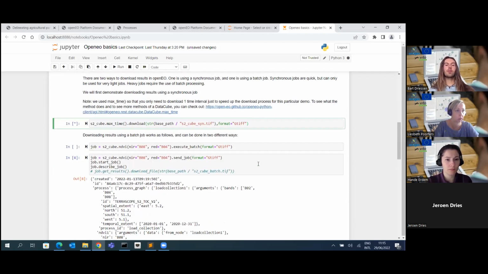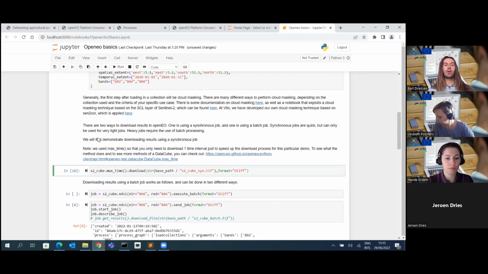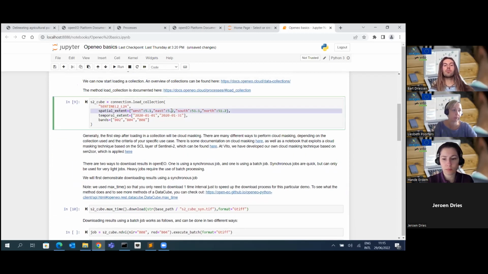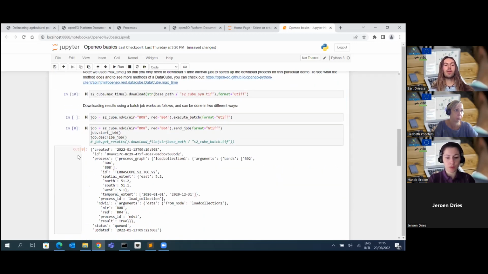And then it starts actually loading my data. This was a fairly small job, as I selected a fairly small area with a small temporal extent. So this one finished already,